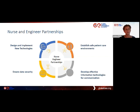The implications for breaches in data safety are immeasurable. We also have to look at the development of effective information technologies for communication. How do nurses communicate with patients? How do patients communicate with their providers? I think most of us